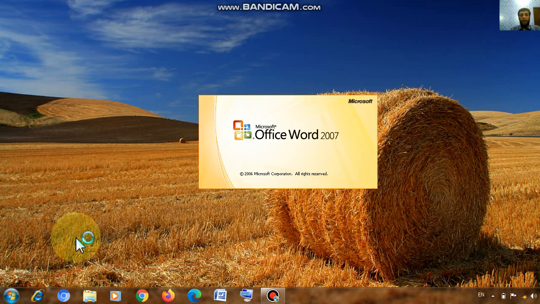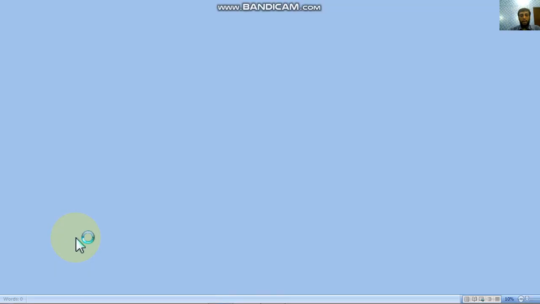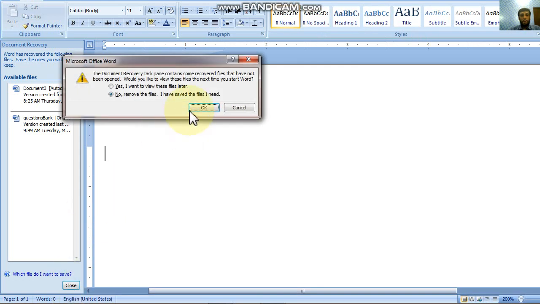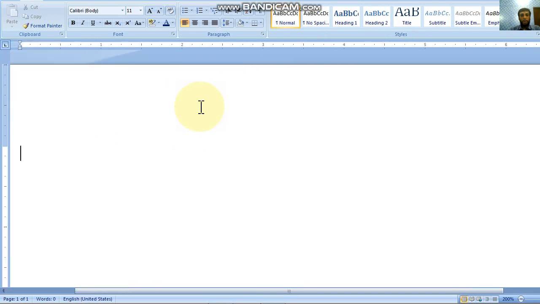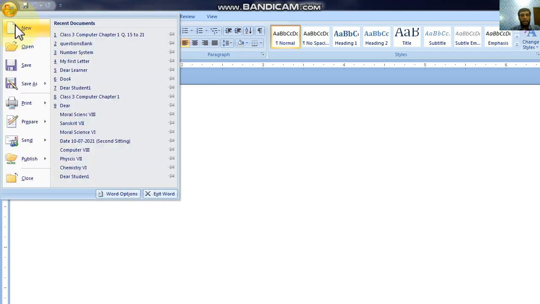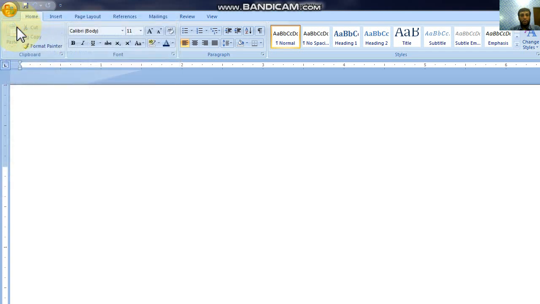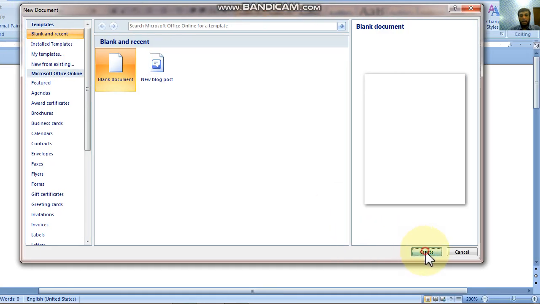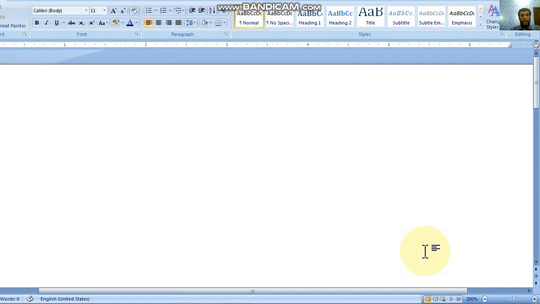Once it is open, we have to go to the top left corner of the MS Word window, and this is called the Office button. I'll click on this Office button, click on New and then Blank Document, and then Create will create a new document where we can start typing.